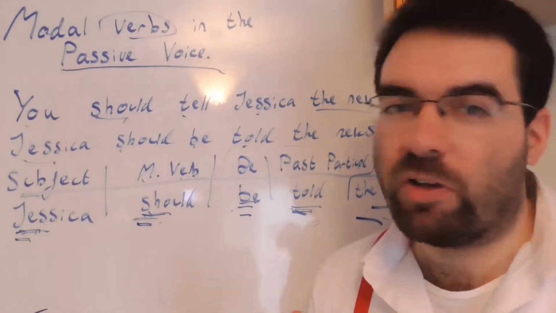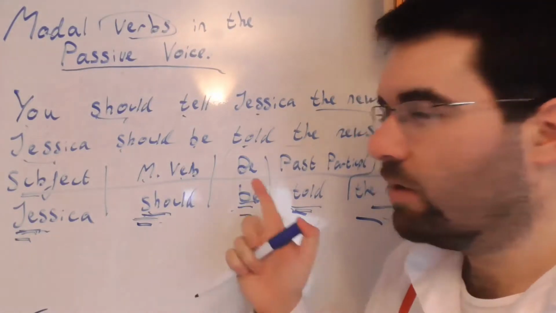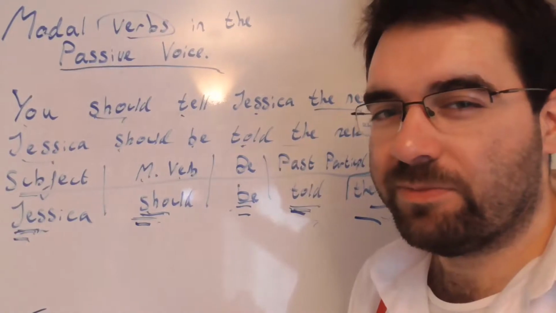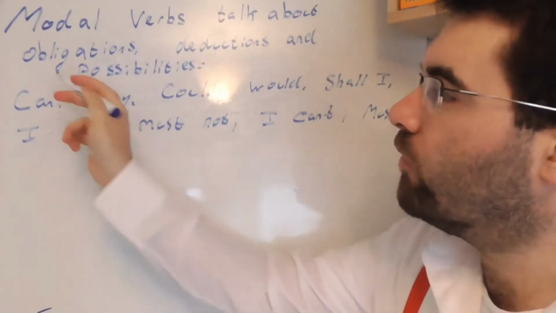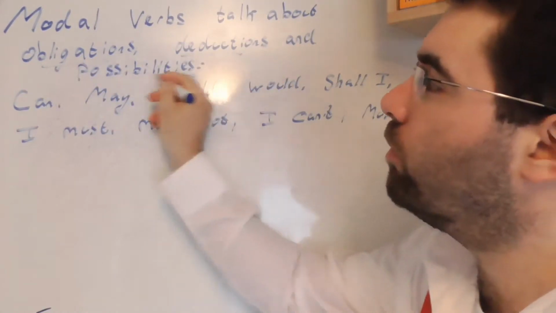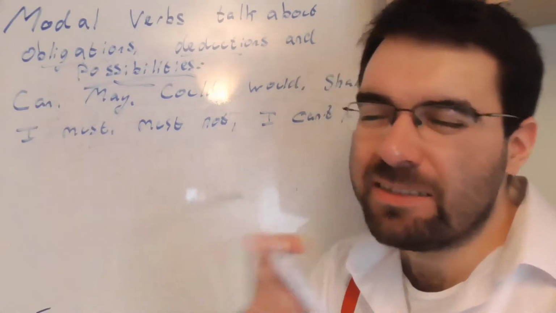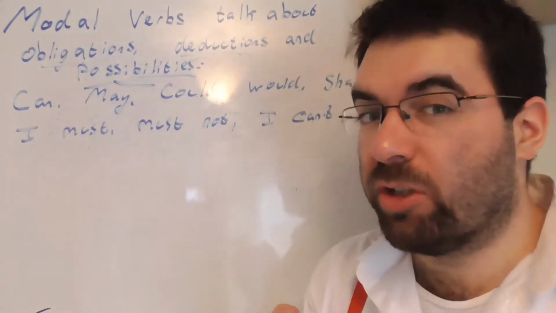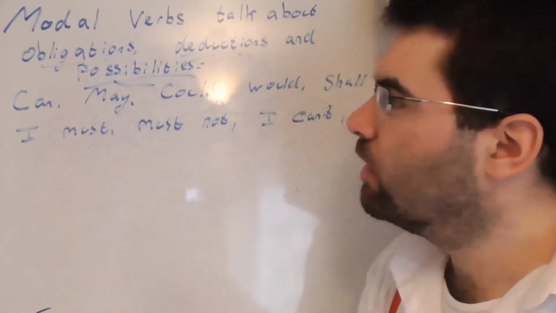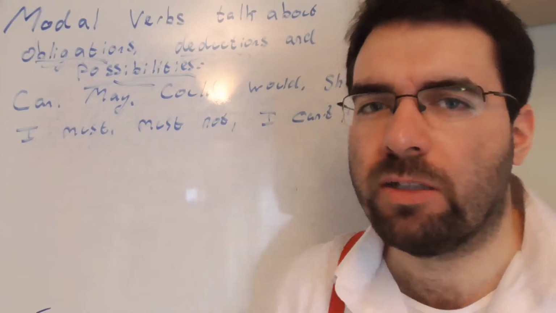There's no participle, for example, on it. It doesn't change. But let's keep going. There's always more to English than this. Again, a quick reminder, these modal verbs are words of obligation, deductions, or possibilities. Things that could happen, things like if. Deductions, what it means, what it's been reduced to, what that's all about. And obligations, things you have to do.